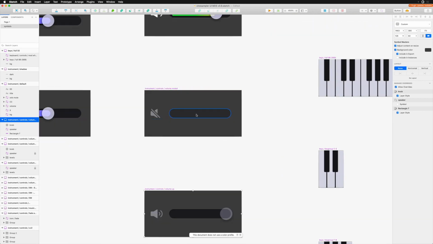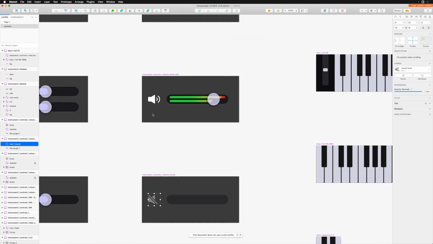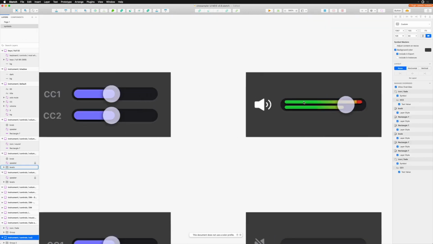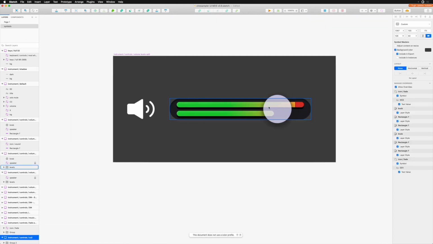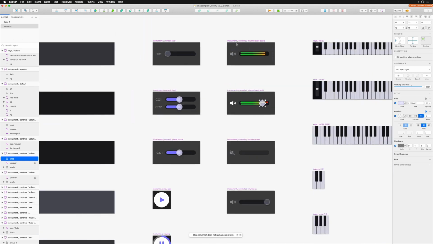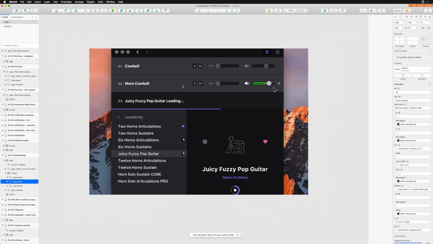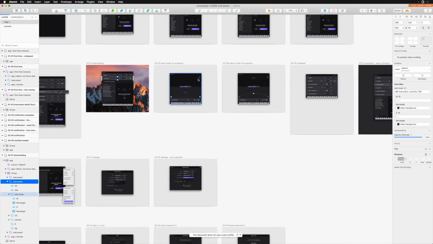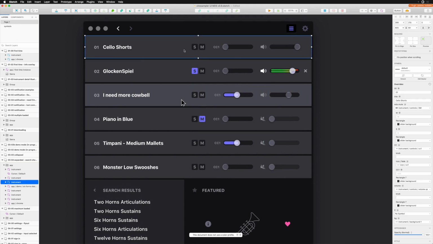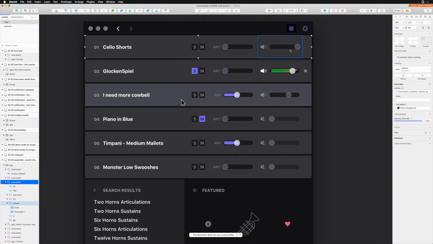If you mute the channel, then you get the mute icon in here. And then if you do have this active controls and you have 2 different channels, then you can show the volume knob. But really, all of this is designed in these little blocks so that when I go into the actual page and I have all these instruments loaded into place like this, I can easily go in here and say, okay, for this one, I want to show what it looks like when this volume is all the way